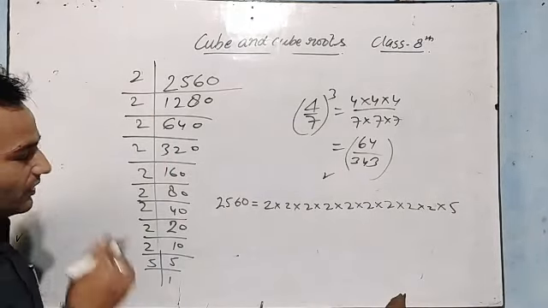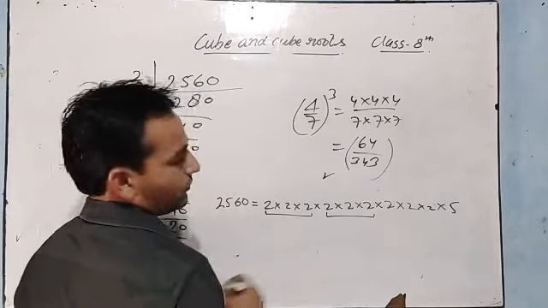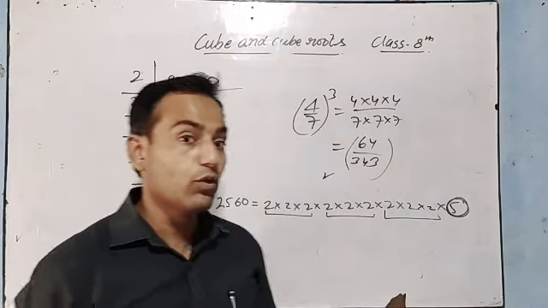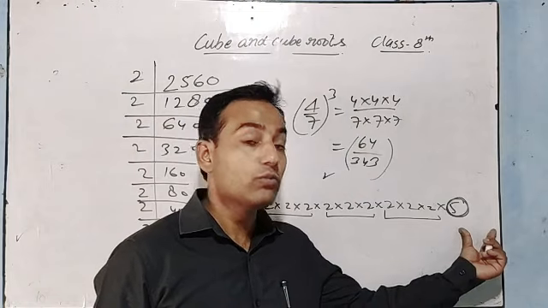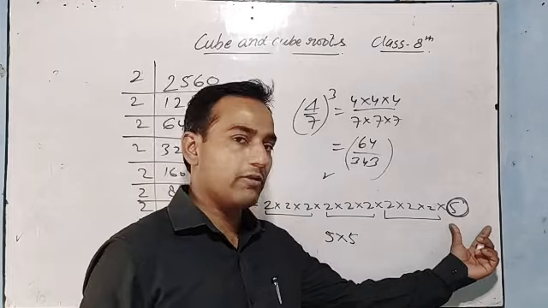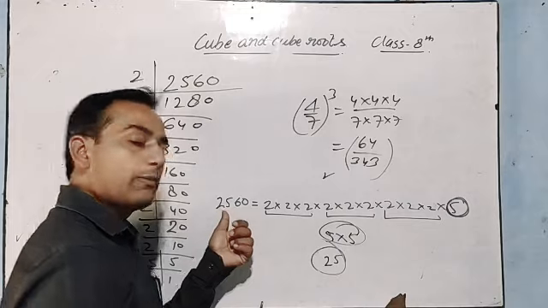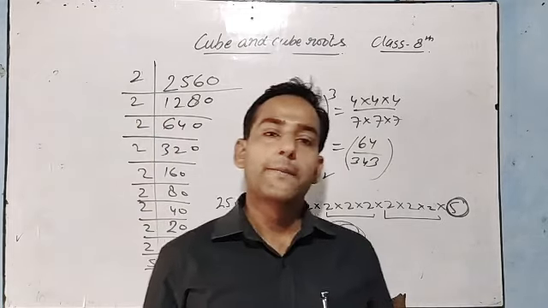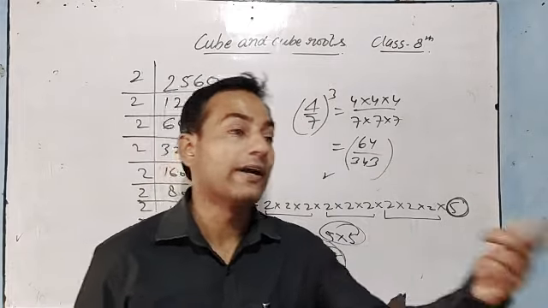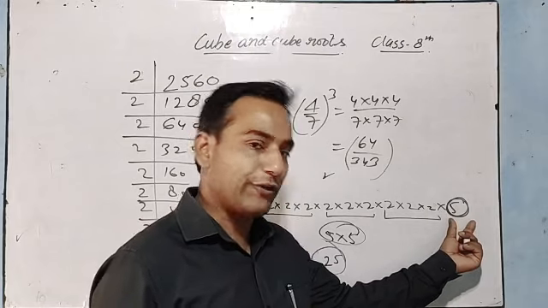Now listen. As we can see, we have a triplet of 2, once again a triplet of 2, once again a triplet of 2. One 5 is remaining. 2 more 5s are required to make it a perfect cube. 2 more 5s means if we multiply this number by 5 into 5, so a triplet of 5 will be there. So 5 5s are 25 is the number by which we should multiply this 2560 to make it a perfect cube. The question might have been by which number should we divide the given number. So division means we have to divide it by 5 to make it a perfect cube.